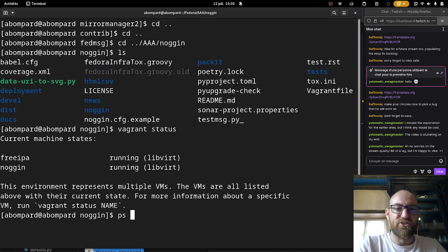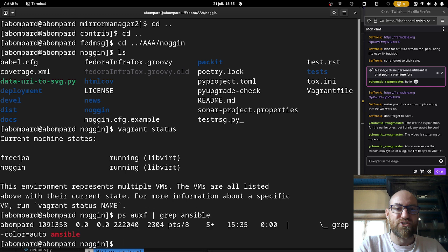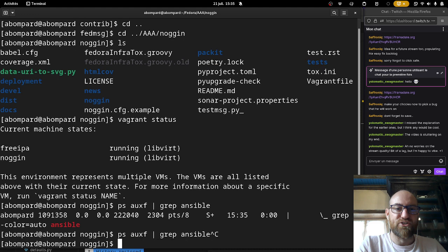Maybe killing Visual Studio Code didn't really kill the process behind it. Ansible is not running. So I suspect that it has killed the Ansible process, but Noggin itself is not provisioned entirely. So we can restart the provisioning process with Vagrant.